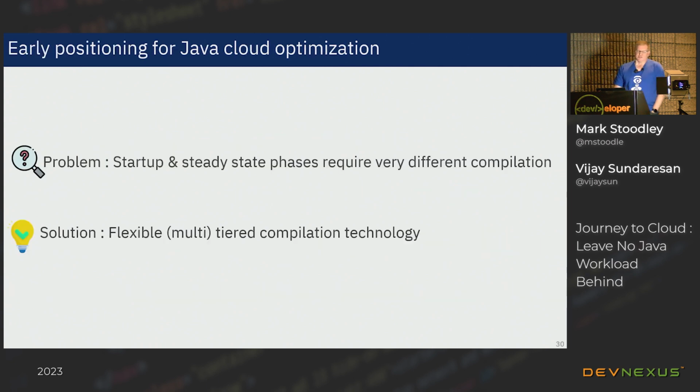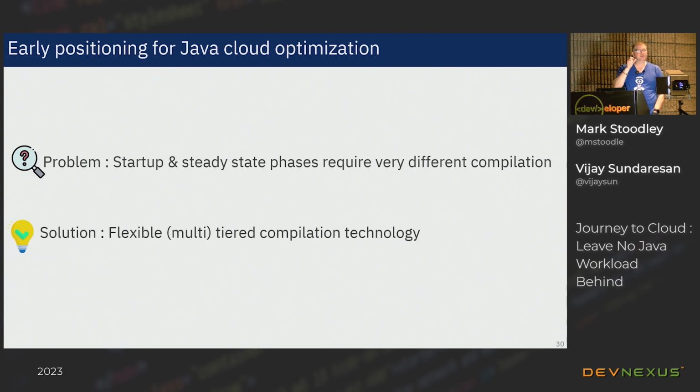All right. So there's some early positioning work that we did here for Java cloud optimization that we didn't actually do for the cloud, because a lot of this work was done 15 or 20 years ago, but it put us in a really good position to be able to move forward in the world where cloud workloads are important. And the first one I wanted to talk about is,